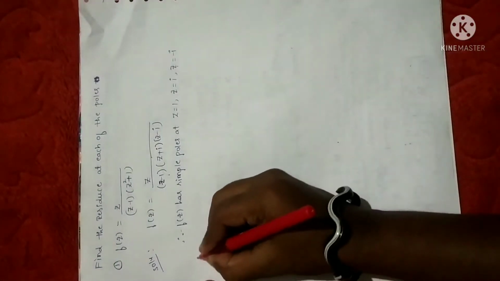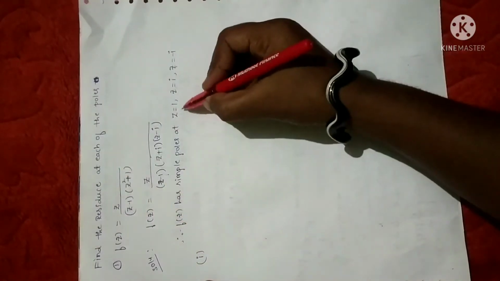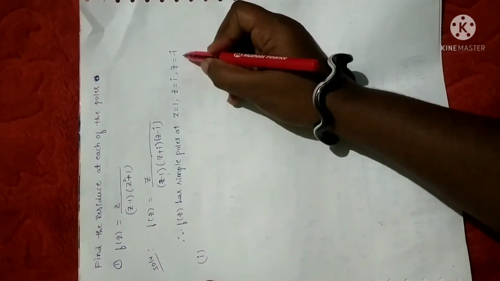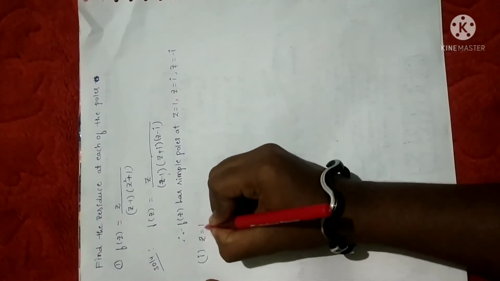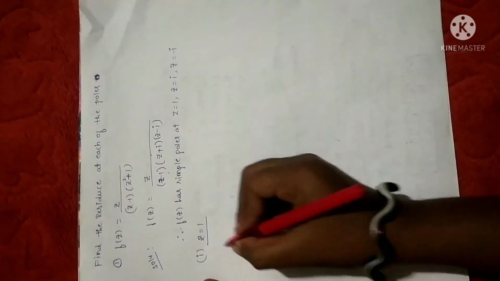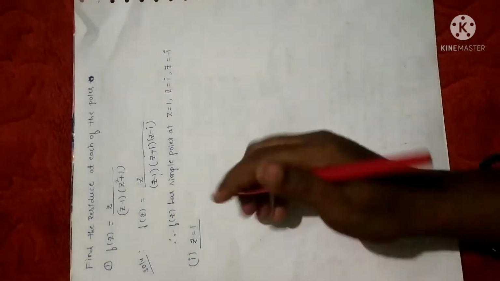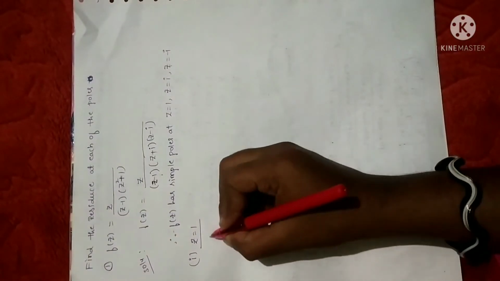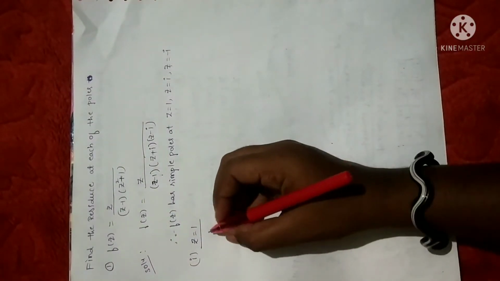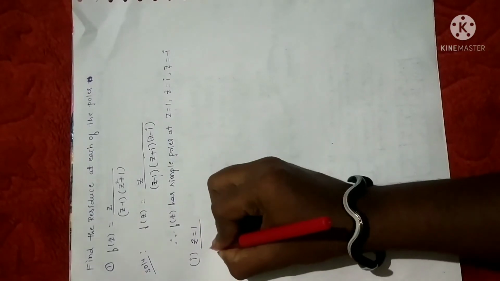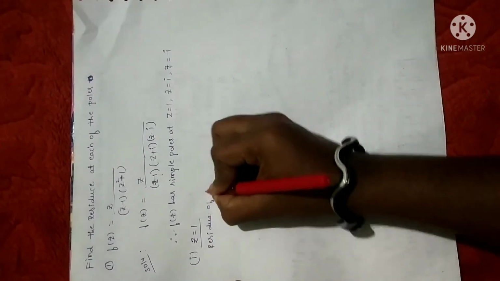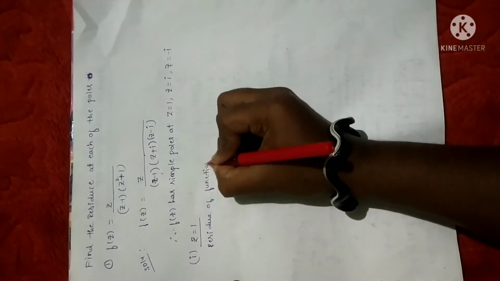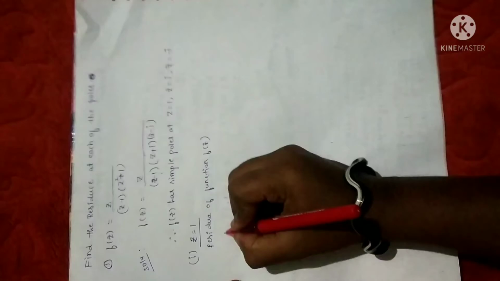Now we have to calculate the residue of this function with reference to these poles. First let me calculate with reference to z is equal to 1. So for z is equal to 1, let me write the residue of this function f of z. The formula for calculating the residue of a function with reference to a simple pole I have already given in the previous session, you just go through that. So residue of the function f of z is represented by, you can write the short form as well.